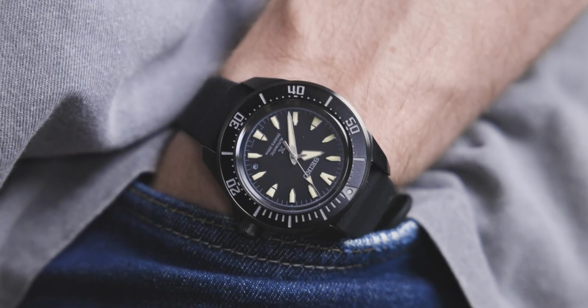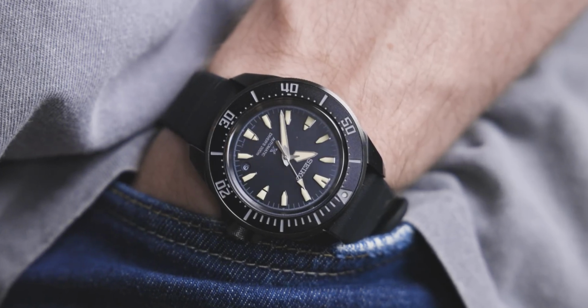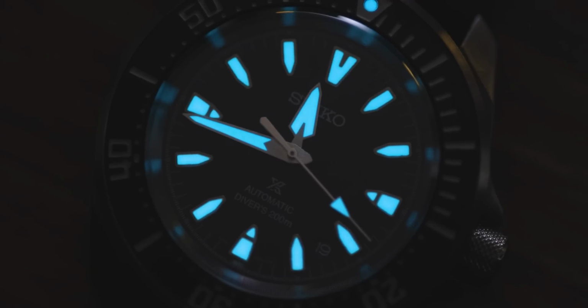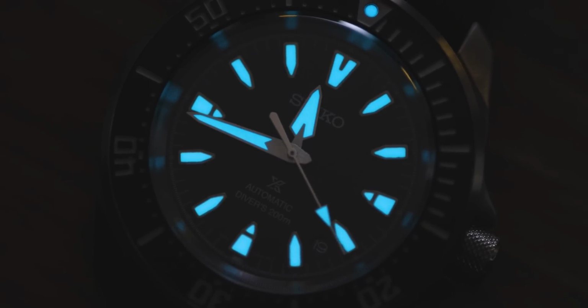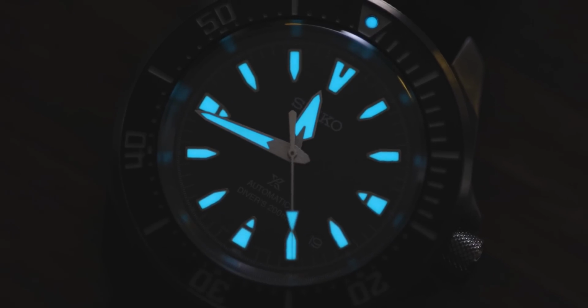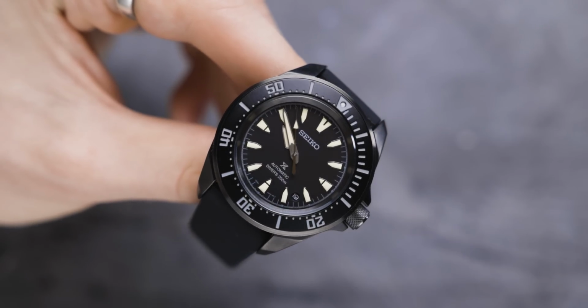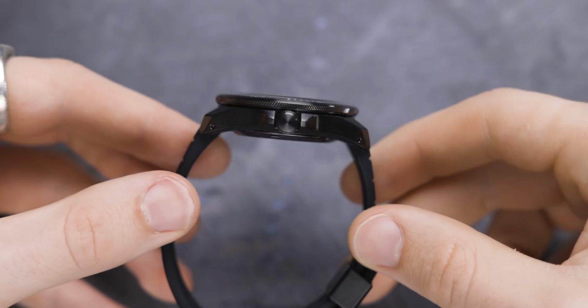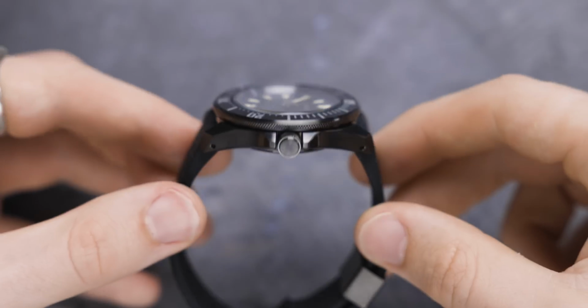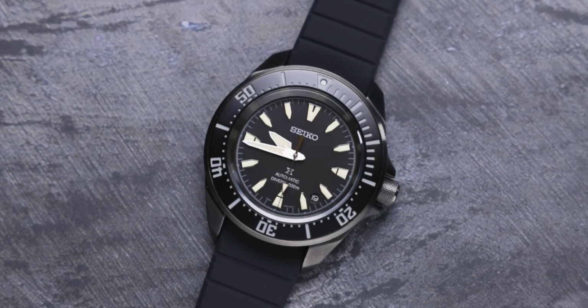But I adored this watch when I got it in, and it's not something that I thought I would adore. So the Shogurai essentially took the Shogun and also the Samurai and spliced them together to make this weird hybrid baby that kind of works. This watch is actually a little bit smaller than your average Seiko, coming in at 41.7 millimeters in diameter and 12.3 millimeters in thickness. The lug-to-lug comes in at 49.5 millimeters,